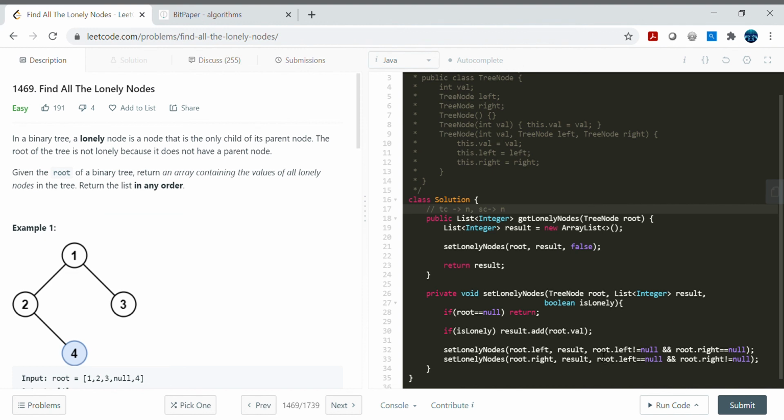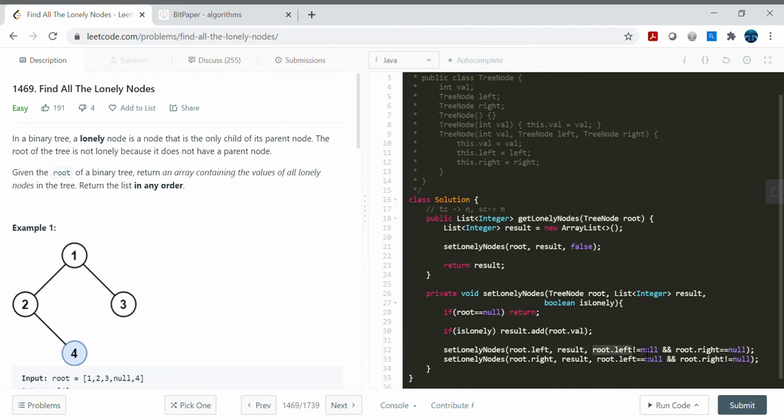Now further optimizing, we can optimize here a little bit. What we can do: root dot left is not equal to null, that we are checking here, right? So we can get rid of this first condition. Why? Because it is unnecessary, since in the base condition we are just making sure that it is not null, right? So root dot left we are passing, and then root dot left will come here into the recursion, and it will be checking, okay, if it is null, then it is going to return from here itself, right?